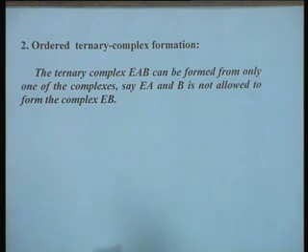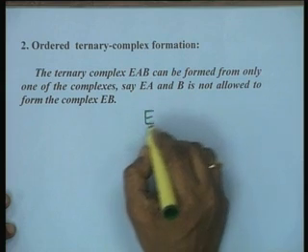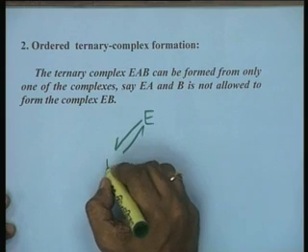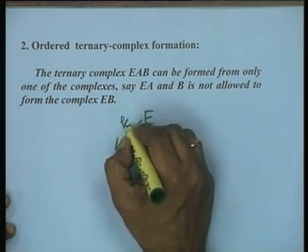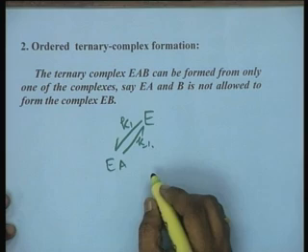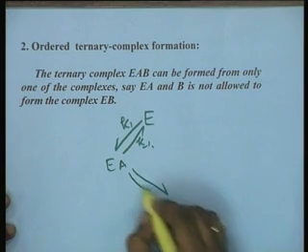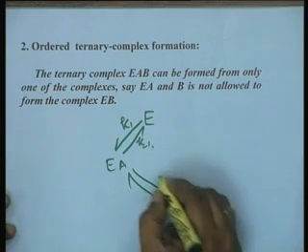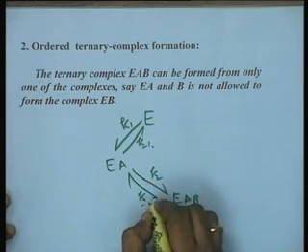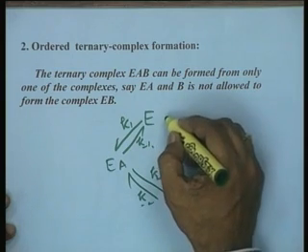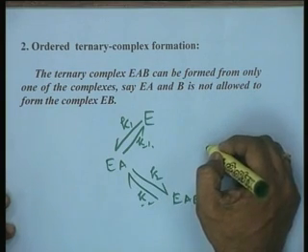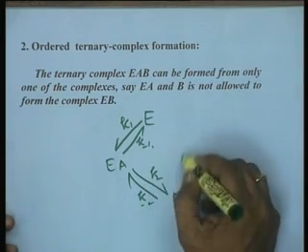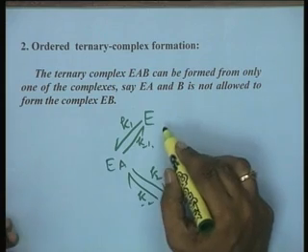In other words, if you write down the reaction mechanism, E goes to EA, this is K1, K minus 1, and then this will go to EAB, K2, K minus 2. Now obviously in this reaction, B cannot bind to free E, and